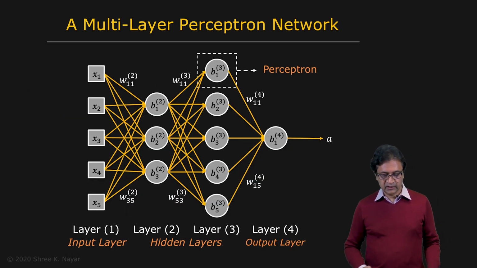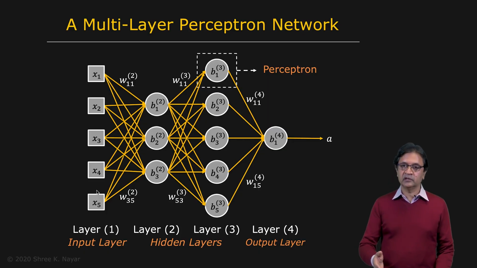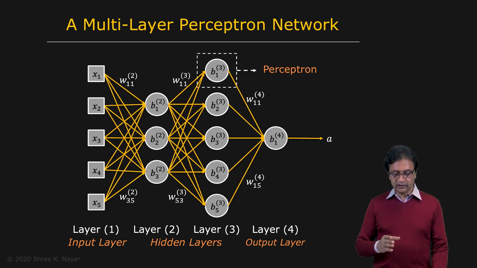So we can construct a perceptron network, and in fact, it can be fairly complex. It can have multiple layers associated with it. So here is the terminology that goes with one of these multi-layered perceptron networks. The first layer is referred to as the input layer. These are not really neurons per se. We're going to pretend they're neurons, but they're really the inputs that are being applied right here. That's the first layer. We'll call that the input layer, layer 1. And then in this particular network that I'm showing you, you have two hidden layers. These are perceptrons right here in the first hidden layer, which is layer 2.